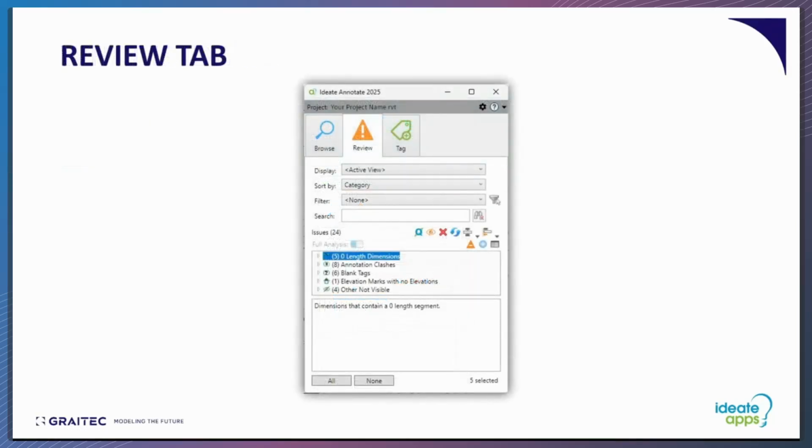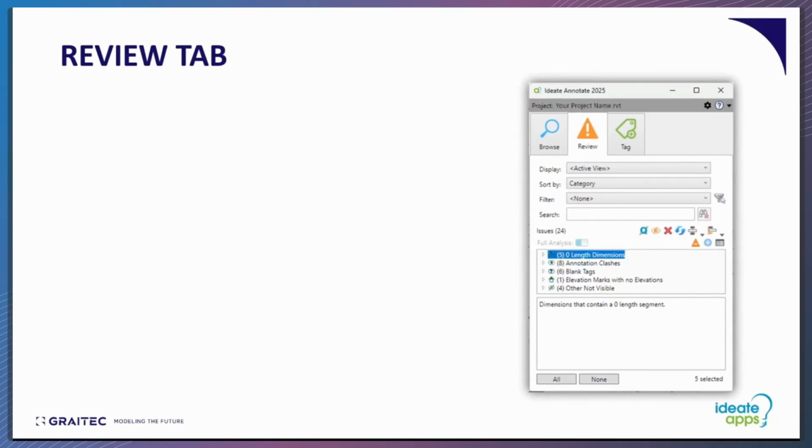In this example, you can see that we have an assortment of issues that it's finding. It lists the number of them, how many there are. And this analysis panel is expandable, so you can click on those little triangle symbols and they will expand the findings and provide further details in the panel below. The range of issues that the Ideate tool can identify is impressive,